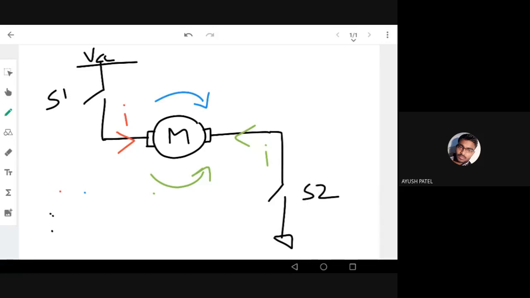When I make S1 on, or S2 on, or both on, I know there will be current passing from VCC to the ground and the motor will be rotating in the clockwise direction, right? And when S1 and S2 are off, we know there is no current in the motor. Now I'll make another setup, VCC and another switch here,